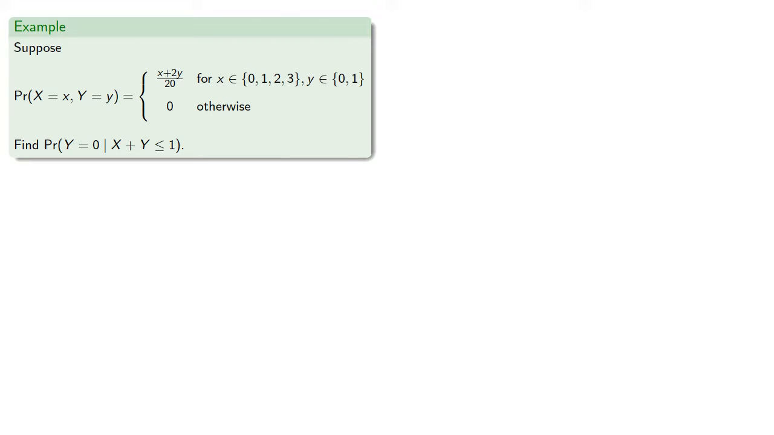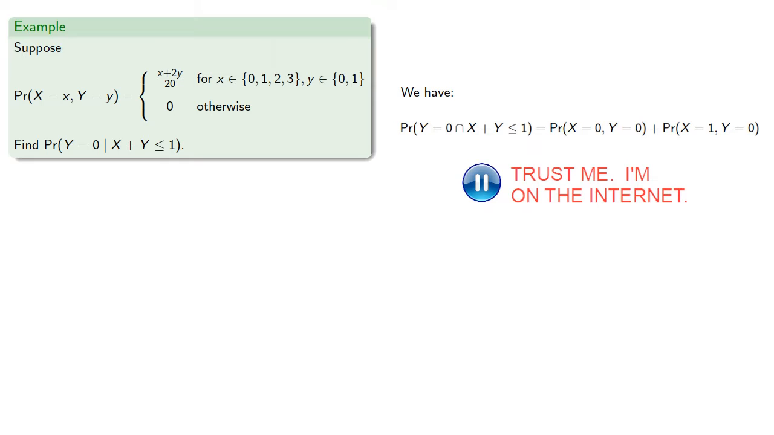Or if we don't have a table, but we actually have a formula, we can do essentially the same thing. So let's find the conditional probability that y is 0, given that x plus y is less than or equal to 1. So the compound probability that y is 0 and the sum is less than or equal to 1, well, that's going to be when y is 0 and x could be, and so we find